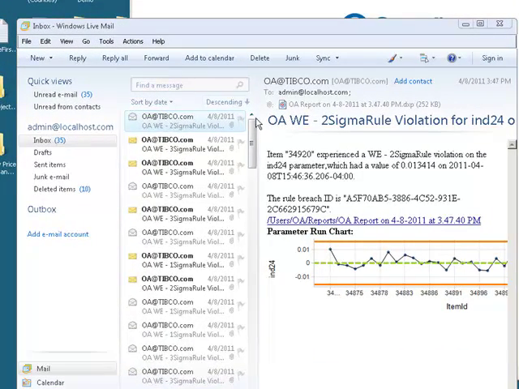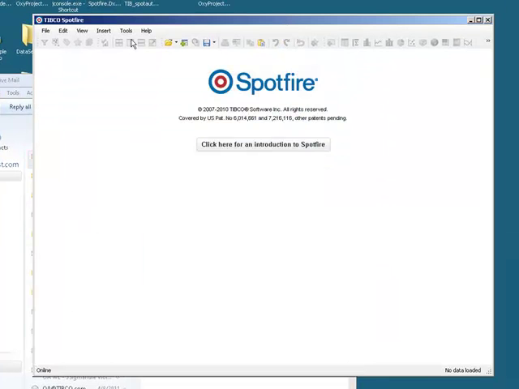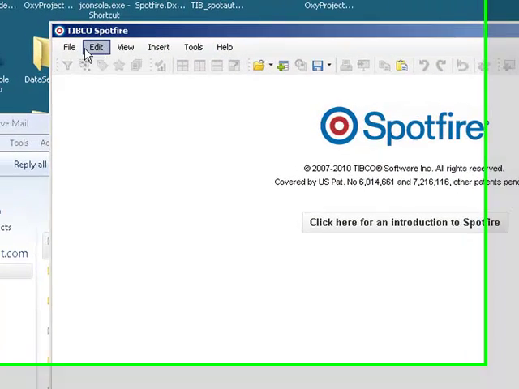First, we'll start with our email system. Just want to check and see what the latest email is here. Looks like a Western Electric rule violation. Now we're going to switch over to Spotfire, and I'm going to go ahead and open a file from the